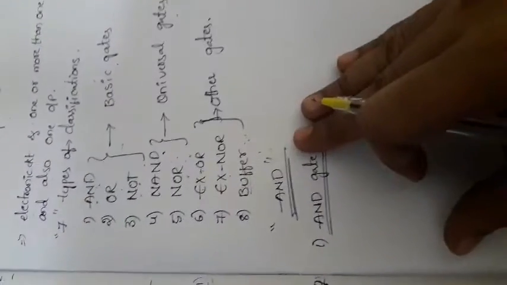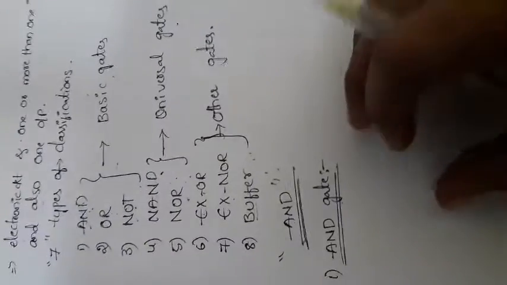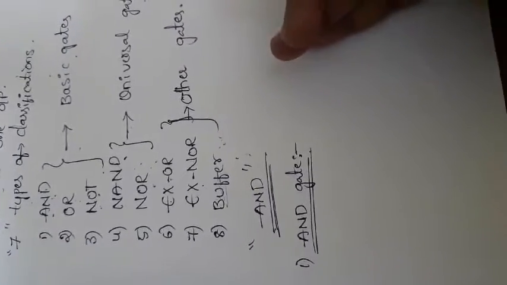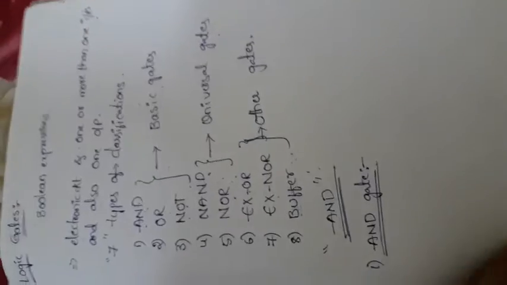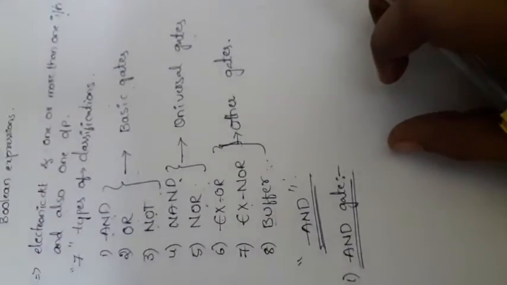Okay, for this AND gate we are taking only two inputs. For the AND gate or remaining gates we can define three inputs or four inputs, but it consists of only a single output. You can take one or more than one input at the input side, but we consider only a single output. Here we are taking a two variable AND gate, that means two inputs. This is the logic symbol of the AND gate. I take the input variables as x, y, and the output variable as z.